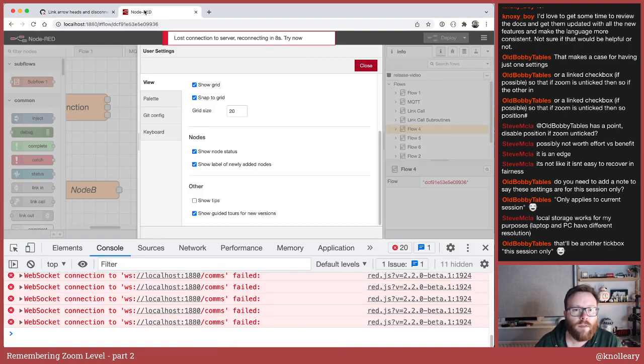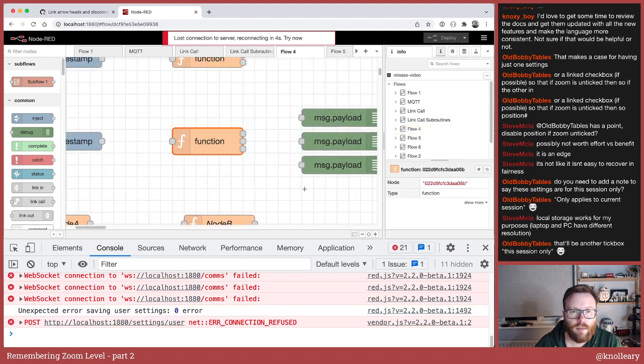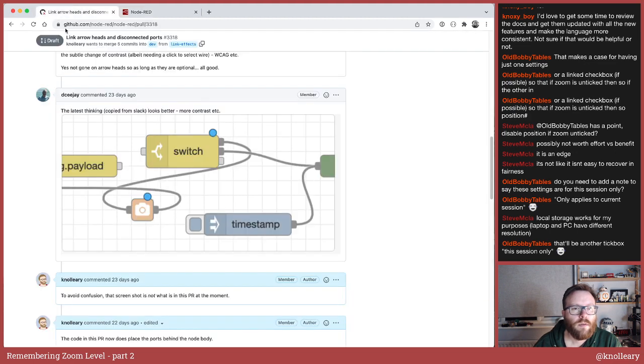So rather than having the ports like this, where the ports are on top of the node, changing so the ports are behind the node, but more crucially, any port that has a wire connected to it has the solid fill rather than the normal light grey fill.